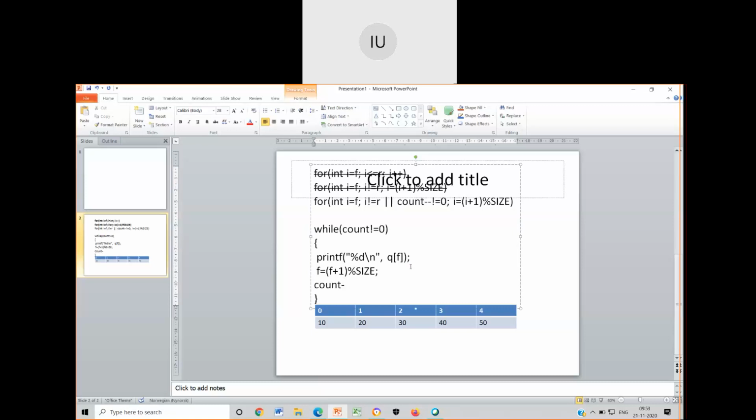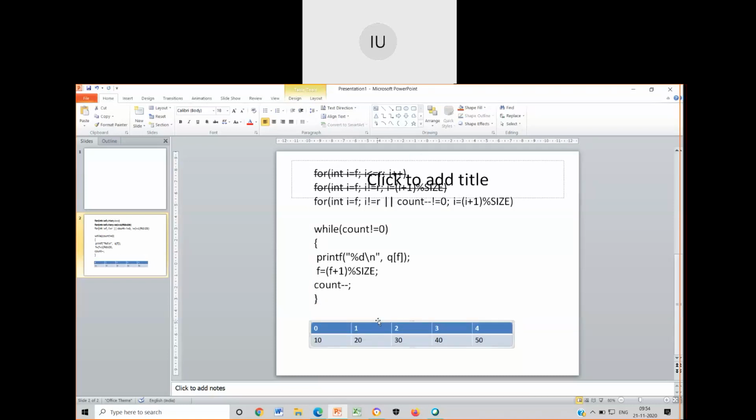Okay. Have you understood the part that I have written, or else I will explain it? Please let me know. Try analyzing this. If I write like this, will it give me any kind of problem when I go back to main? Just pay attention. I'll be printing what is there in the front and incrementing the front. Until what time? Until counter becomes 0. Whatever modification that I have done to the front and the count, are they reflected in the main? They are never reflected in the main.